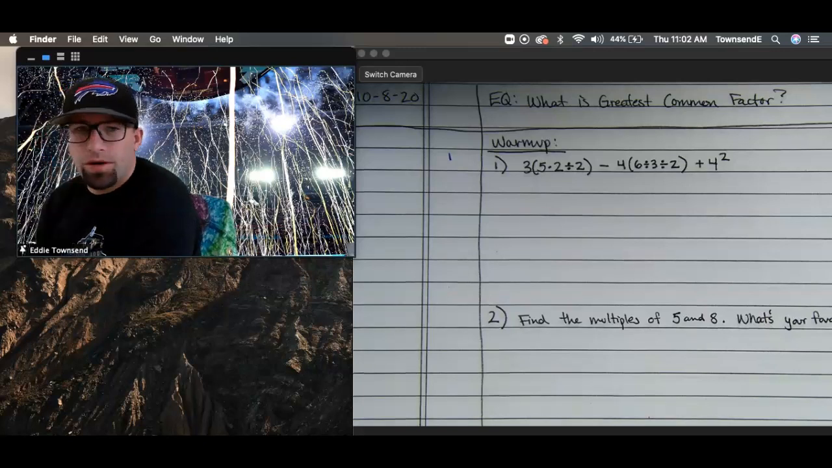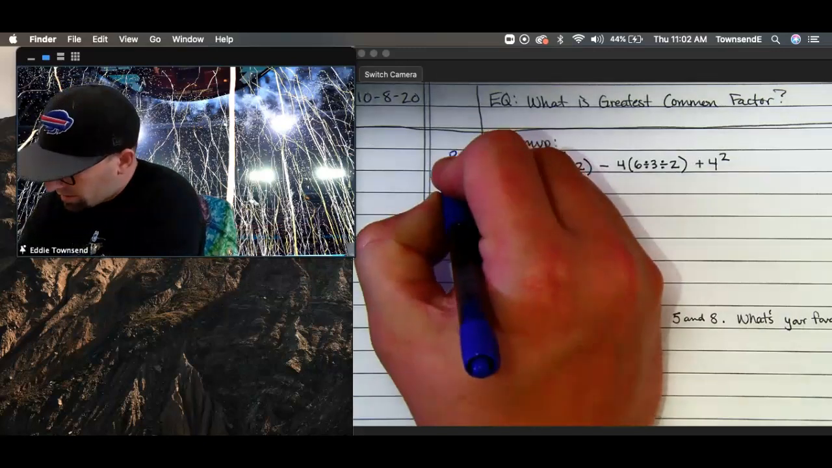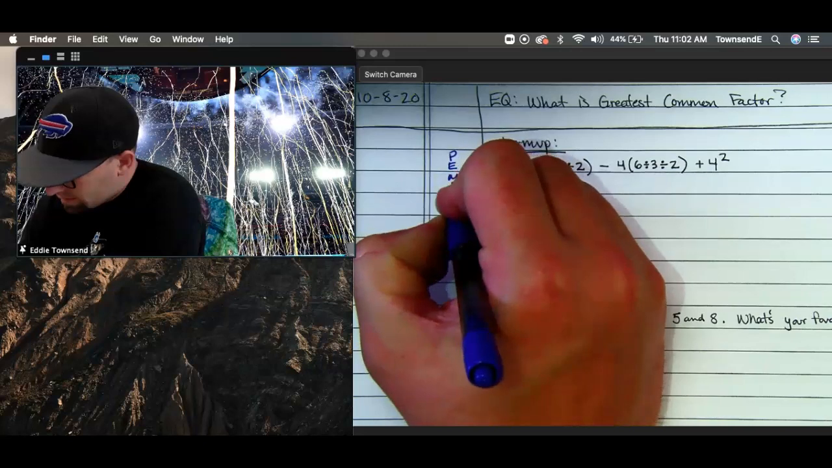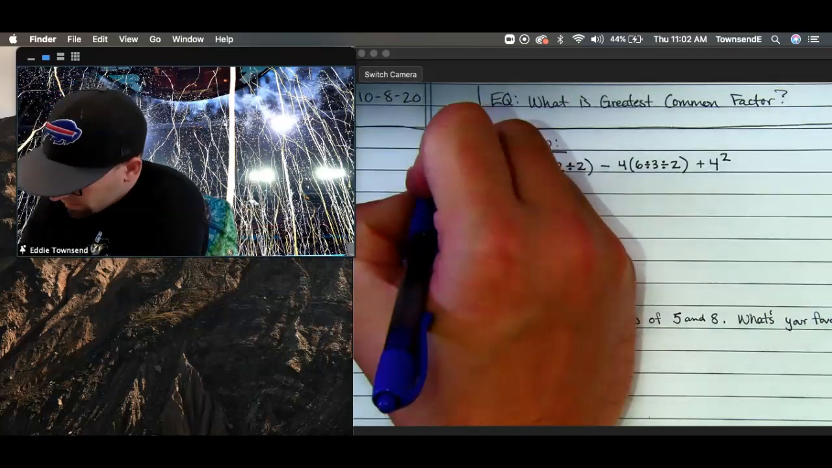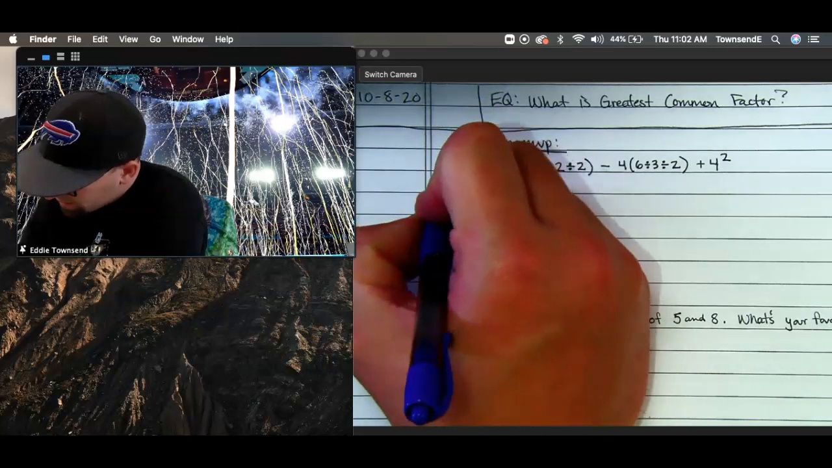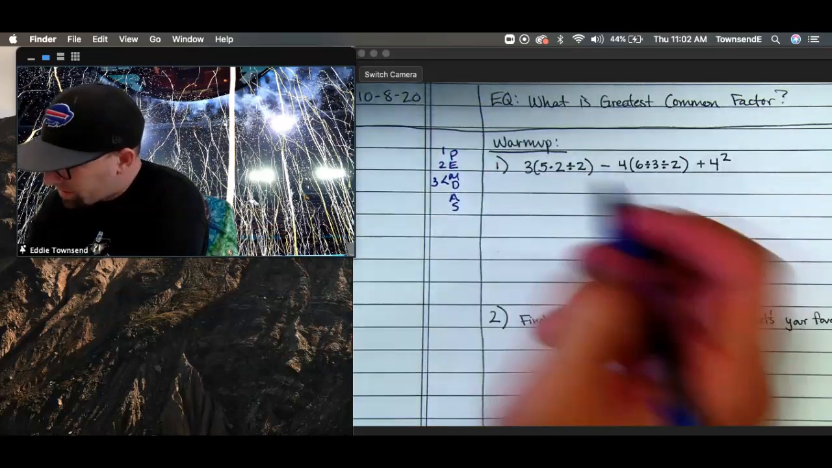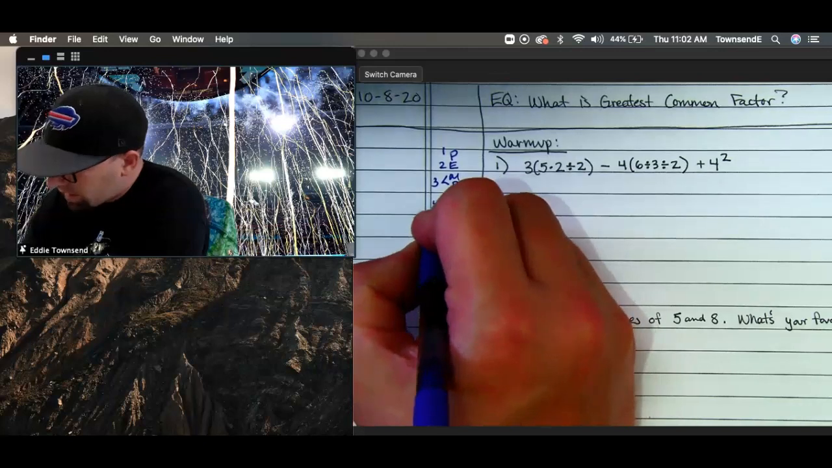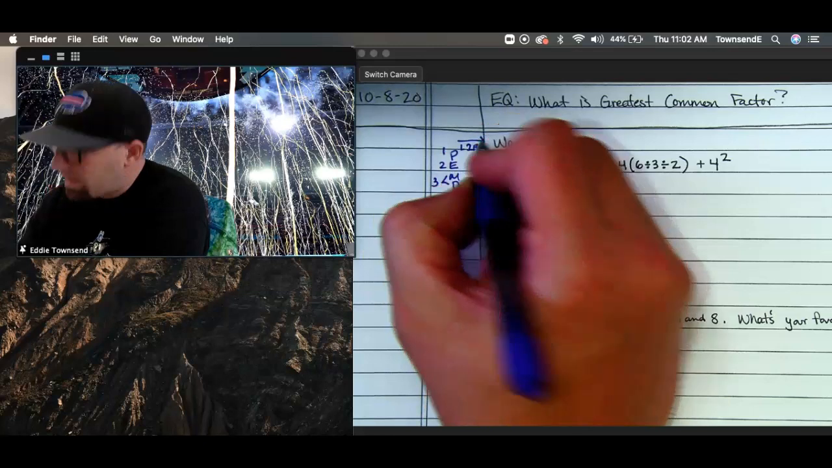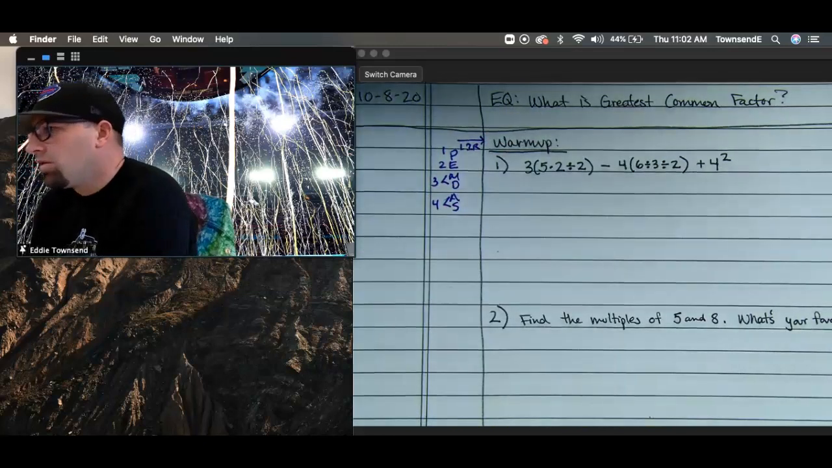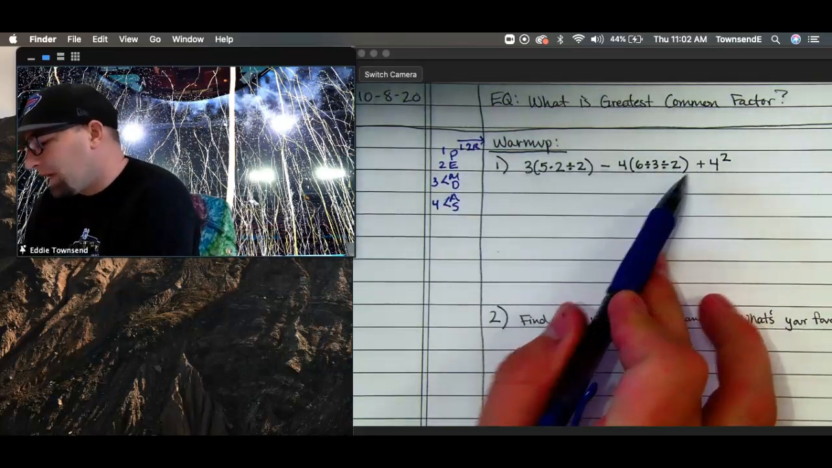So number one, we got to make sure that we are doing PEMDAS. Okay, so first thing, parentheses, second thing, exponents, third thing, multiplication, division, fourth thing, addition, subtraction, and this is left to right, like this. Okay, so I know I told you not to skip steps, but I didn't give myself